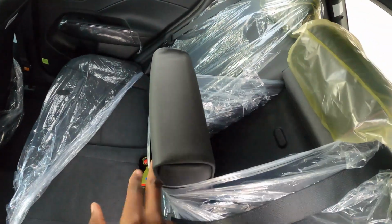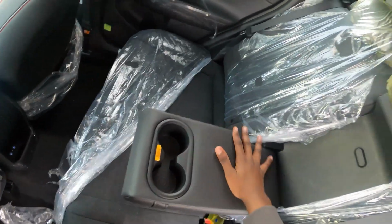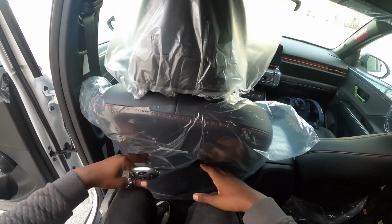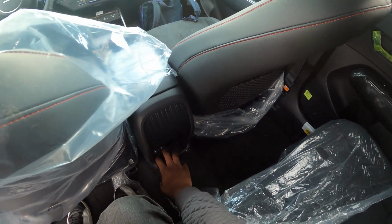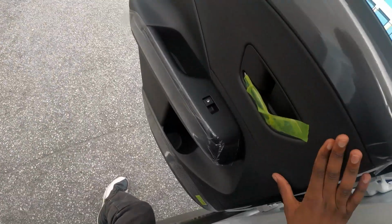But back to it. You also have your cup holders as well. Very, very simple design, nothing too intricate or too crazy. Now hopping inside, this amount of legroom. Over here you get a little bit of storage for maybe slapping your phone down here, and two Type-C USB ports. And if you check out the door, you get padded